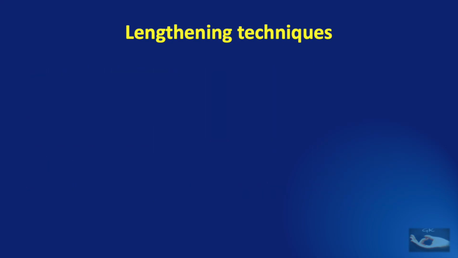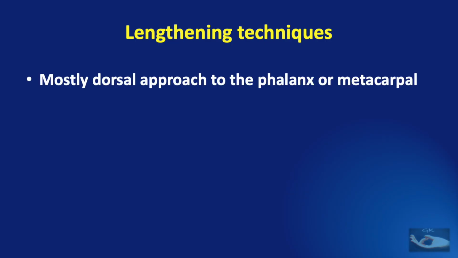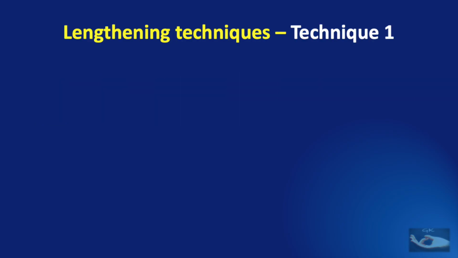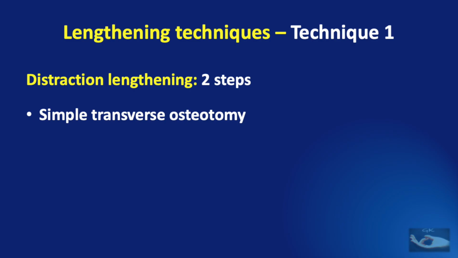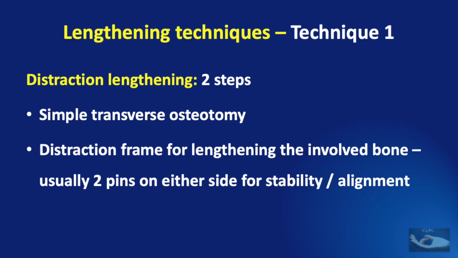The obvious surgical management of brachydactyly or shortened fingers is lengthening procedures. These procedures mostly use the dorsal approach to the phalanx or metacarpal that is short, and to achieve lengthening, two techniques can be used. The first technique is distraction lengthening, which is achieved in two steps. The first step being a simple transverse osteotomy of the short end bone, and application of a distraction frame for lengthening the involved bone, usually with two pins on either side for stability